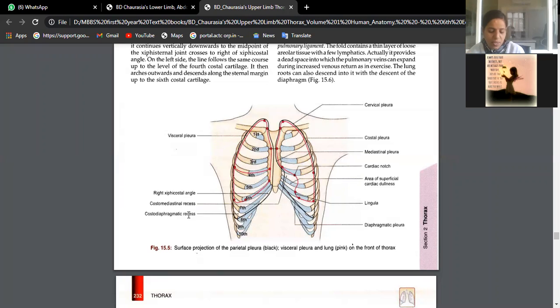Cruciate anastomosis, we generally find at the back of the thigh. Tensor fascia lata is one of the muscles of the gluteal region, coming from the outer lip of the iliac crest. Sinuses of pericardium: what are the sinuses we have? Transverse sinus and oblique sinus. All these very shorts will also come for short notes. We will discuss in detail when these come for short notes. Okay?